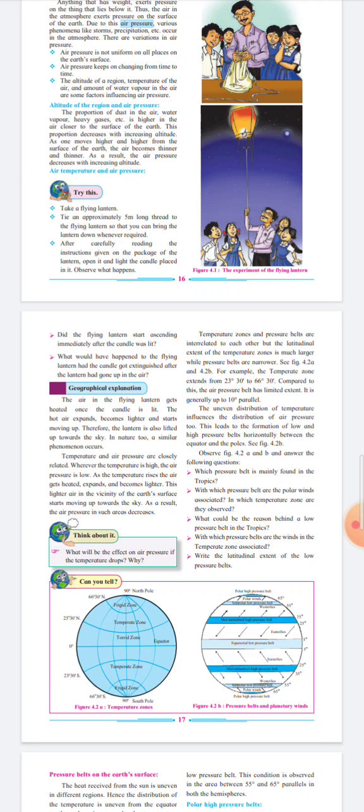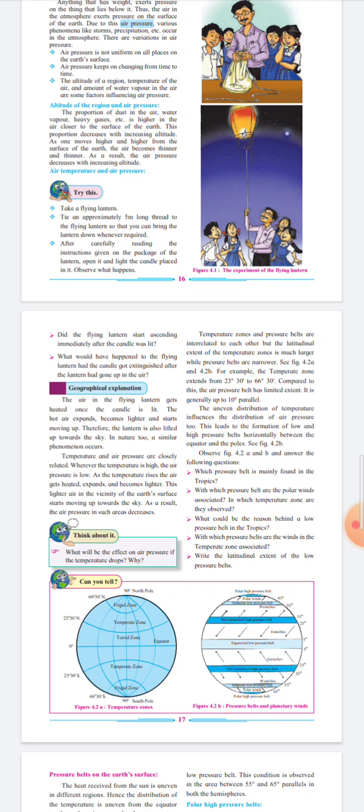Okay, students. So we have studied the equatorial low pressure belt, mid latitudinal high pressure belt, subpolar low pressure belt, and polar high pressure belt. So four types of pressure belts are there: equatorial low pressure belt, mid latitudinal high pressure belt, subpolar low pressure belt, and polar high pressure belt. These four types of belts are towards the northern hemisphere as well as the southern hemisphere. Why these belts are formed, we have studied just now. So let's study the next part.